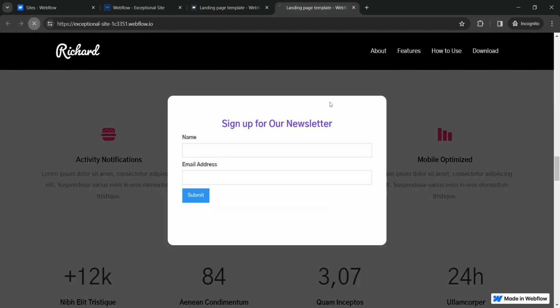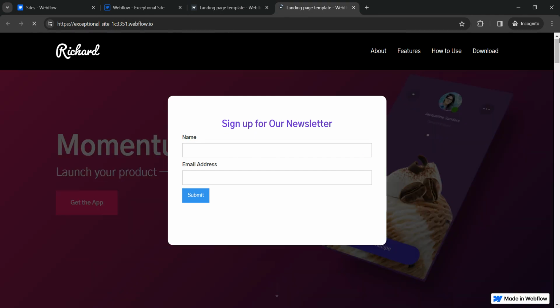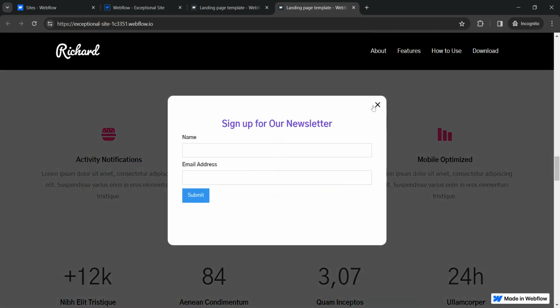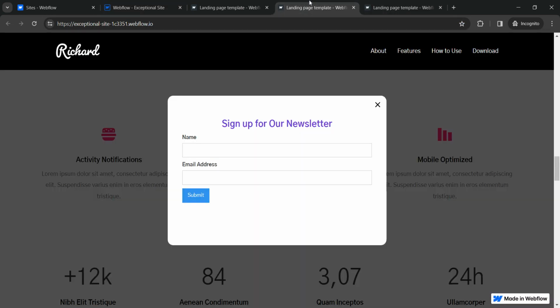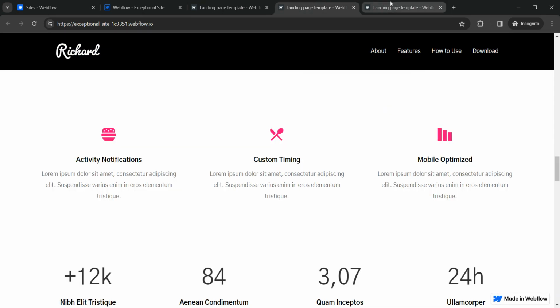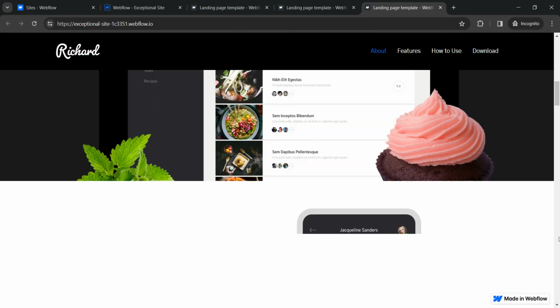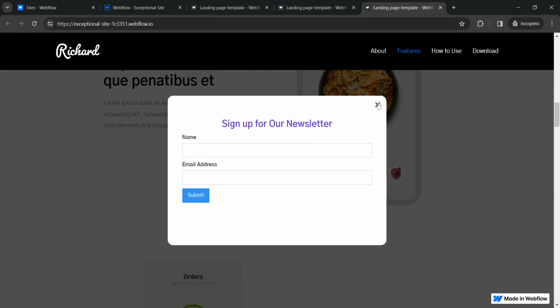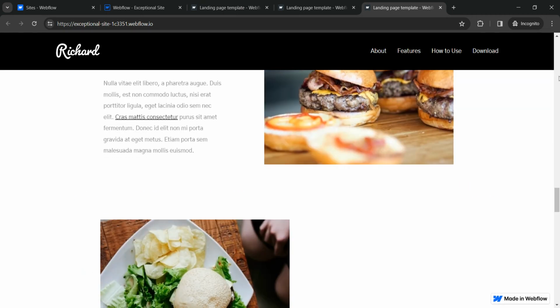I'm just reloading this page. Okay, I'll just show you in a different video because I want to show it from the start. I think this should work now. Okay, so this is a new fresh window. When I scroll, the pop-up will appear, and when I click the close button, it will disappear completely.